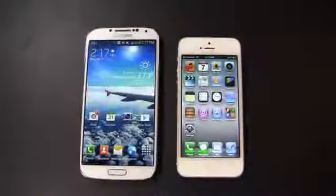The iPhone 5 has a 4-inch display with a resolution of 1136 by 640. It has a 1 GHz processor, it's about 1.05, dual-core A5 chip, 1 GB of RAM, and iOS 6 for now. The Samsung Galaxy S4 has a 5-inch display with a resolution of 1920 by 1080. That means 1080p on a 5-inch display. It has a 1.9 GHz quad-core processor, 2 GB of RAM, and it has the latest version of TouchWiz and